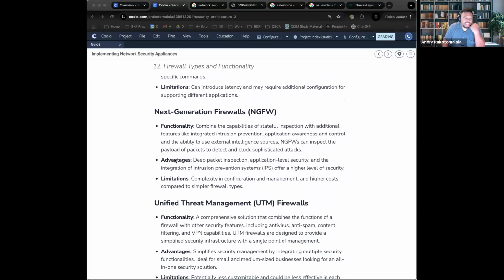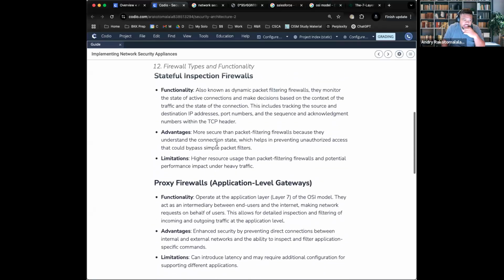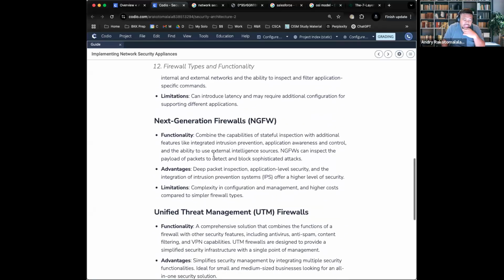This is one you're going to hear very often. This is called a next gen firewall, NGFW. This is very common now. A lot of businesses have it. Now, the benefit of this, and you'll see why, is because it's stateful inspection, meaning that it does a lot of reading into all of the destination data, where it's going, the IP address, all that. And it typically includes what we call the IDS and IPS. Reminder, that's intrusion detection and intrusion prevention system.